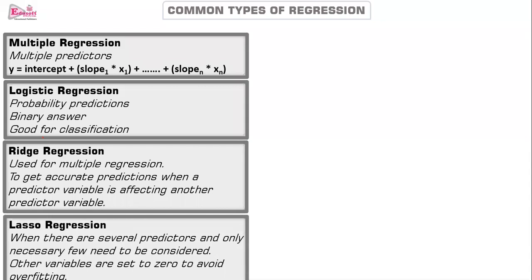Then there is another approach called lasso regression. Here we look at several variables. Suppose there are 20 variables which you are going to analyze to predict something. And out of those 20 variables, you saw that 5 variables are not necessary. They might be required in future, but they are not necessary for this analysis. So those variables' values you can set to 0. Whenever, out of multiple predictor variables, you set the values of certain variables to 0 and consider the values of only a few other variables, this approach is called lasso regression.